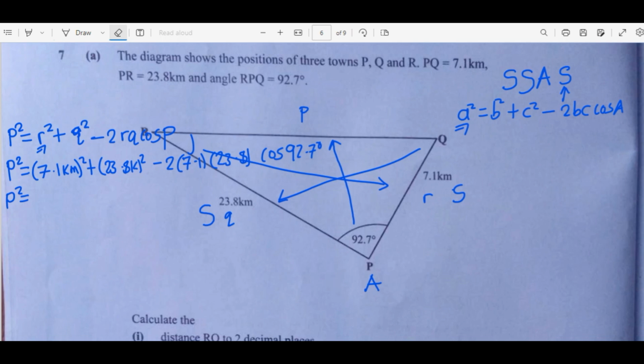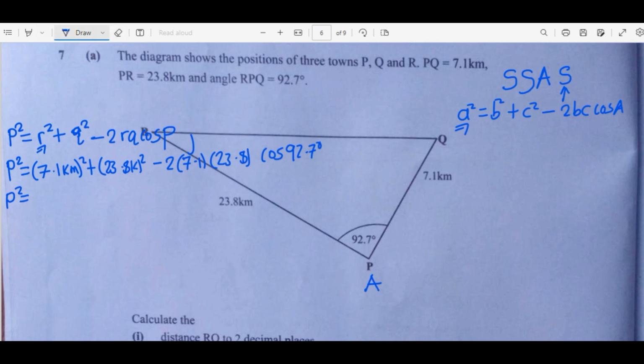We can now expand. So let's expand. 7.1 times 7.1, which is 7.1 squared. So I'm getting 50.41 plus 23.8 raised to the power 2. I'm getting 566.44. Then let's multiply. We have negative 2 times